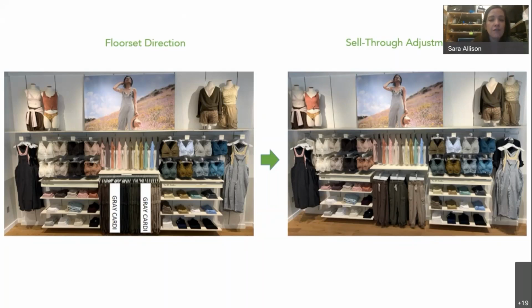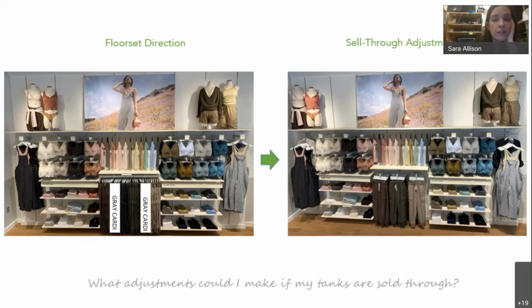So what do you guys think, like if we started to sell through in the tanks, what would be a good little move there? So the tanks are what's on all the shelves on either side. Think about all of our little tips. This is an easy one, but just making the folds bigger. Yeah, totally. There's a lot of colors there, and I think there's some detail, like some buttons, that maybe would be great on a half fold. So yeah, awesome. Any other ideas?